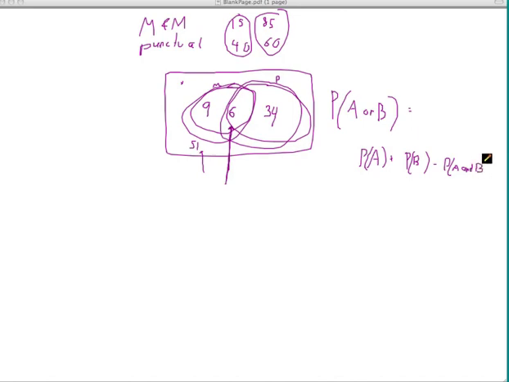So the probability of A or B is the probability of A, so this circle on the left, plus the probability of B, this circle on the right, subtract the overlap, because you're just trying to get the or, one or the other. You don't want to add them twice. So 15 plus 40 minus 6. And